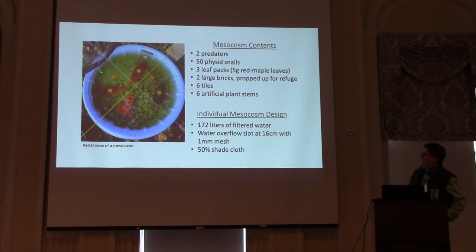I don't know if you can see these right here. These are actually artificial plant stems. They're little floating nylon segments of rope, so the snails can climb up those. They climb up the sides of the walls. These prop bricks are also a vertical kind of refuge. And then they have shade cloth and things to keep the temperature down. And then they're looked at every 3 days, monitoring the position of snails, in addition to all the other things that Kira was doing.